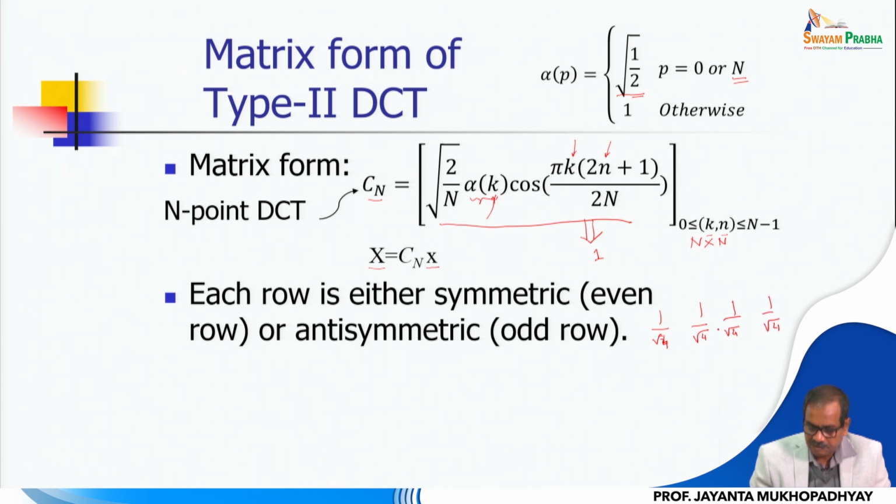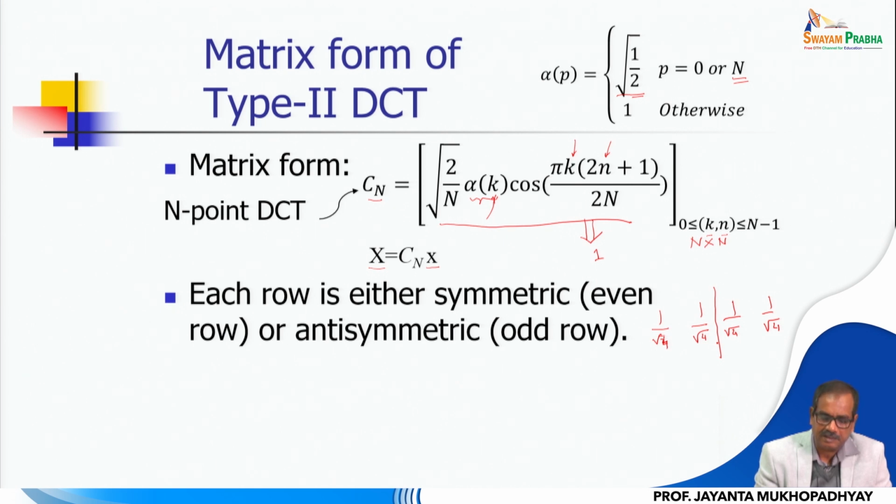That is the first row. So, symmetric means that at the center point, if I take half of the array position, the center position of the array, then both sides will have a symmetry. That is even symmetry, the way we understand even symmetry. Whereas the second row,